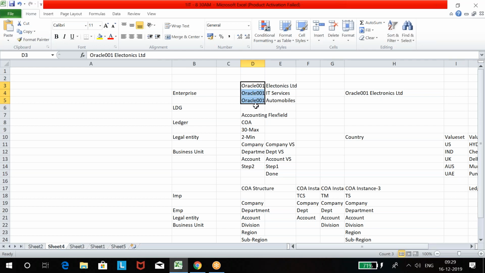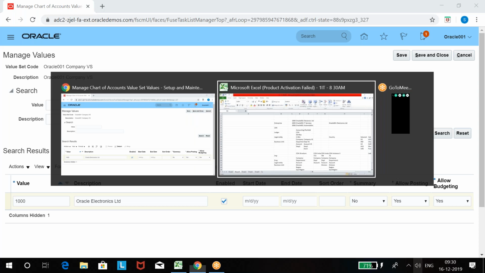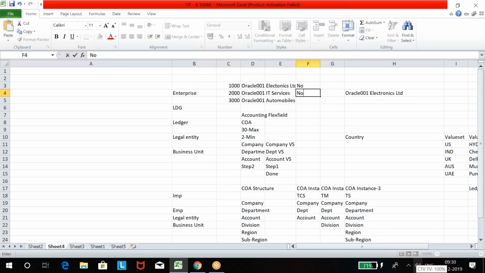Then I have to create one value as, let's say this is 1000, 2000, 3000. And for these 3, I'll take summary as no, because these are not parent values. These are each individual values, isn't it? I'll create one value as 9999.